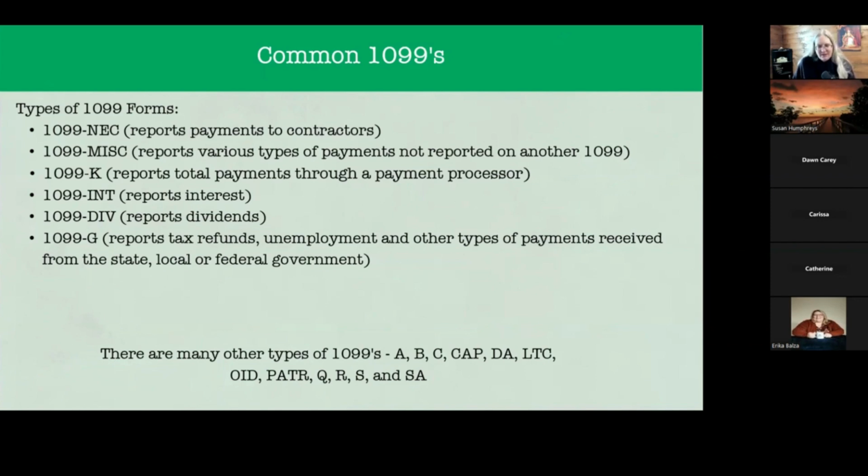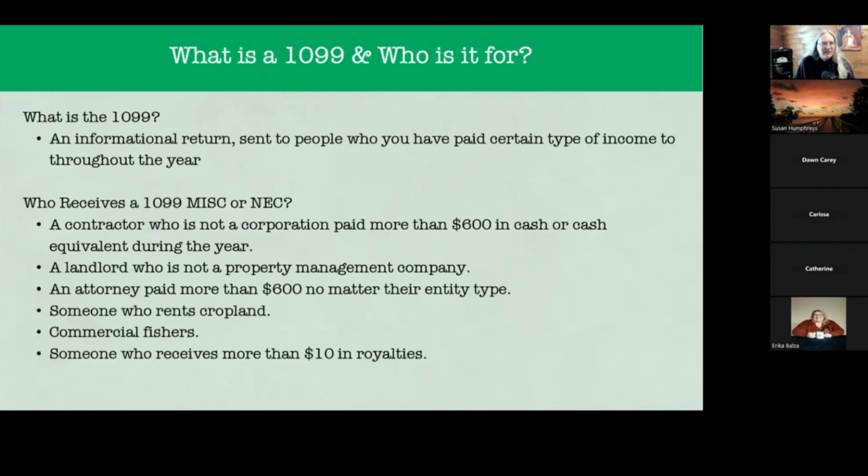because that whole payment processor 1099K rules are very complicated and super confusing. And so a 1099 is an informational return sent to people who you have paid a certain type of income to throughout the year. And a 1099 miscellaneous and NEC are used for the following different types of